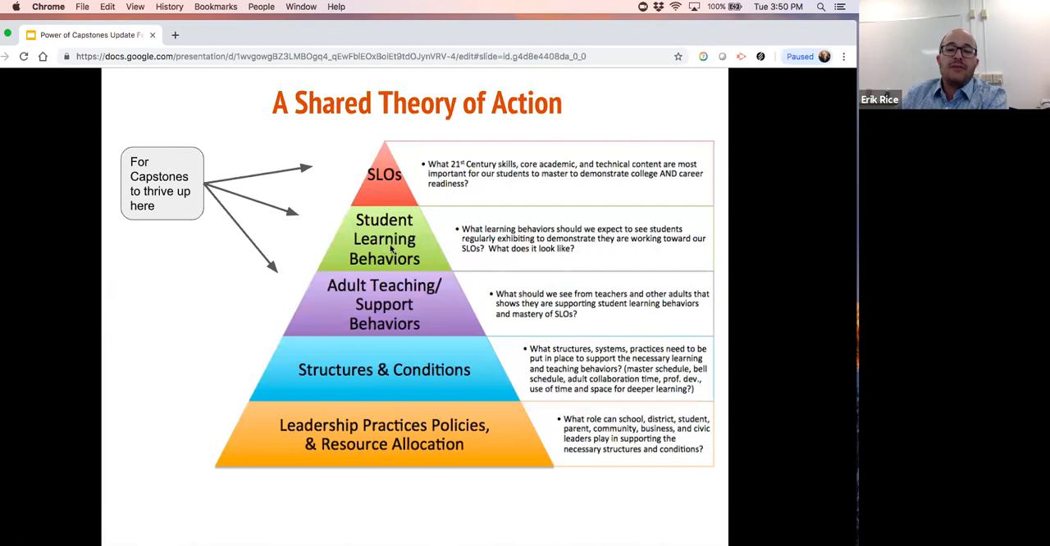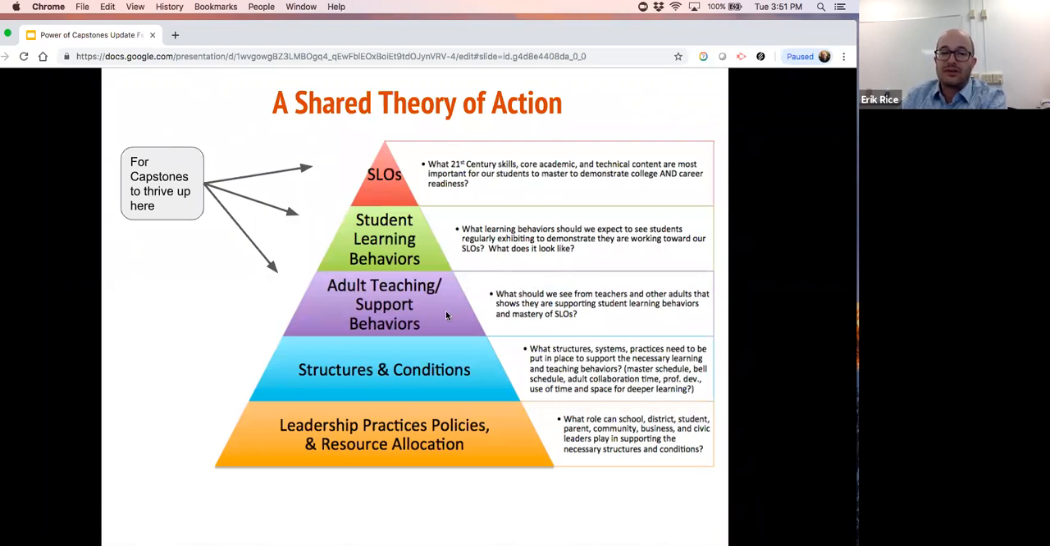If those are the learning behaviors we want to see, then what are the adult behaviors that we want to see that are supporting those student learning behaviors? So this is where project-based learning comes in. This is where a strong project task comes in, and those instructional moves on a daily basis